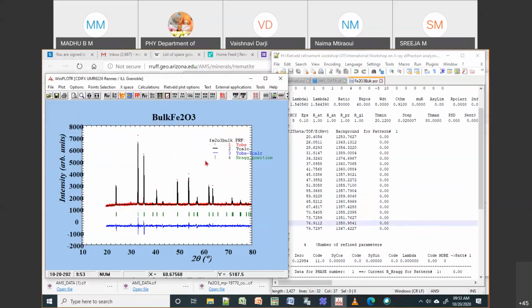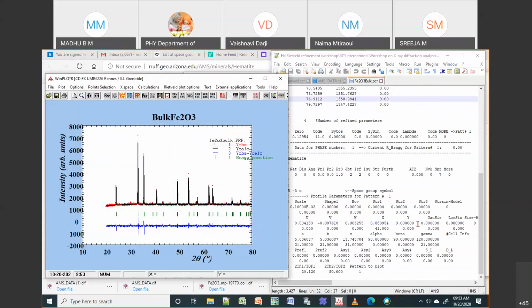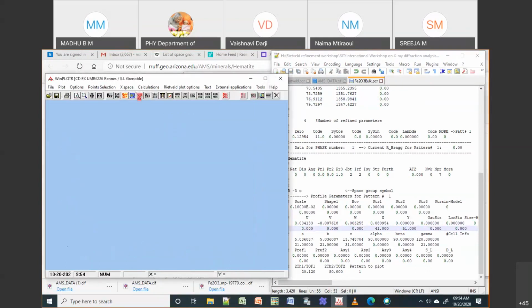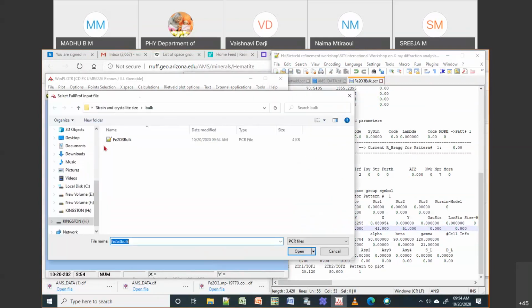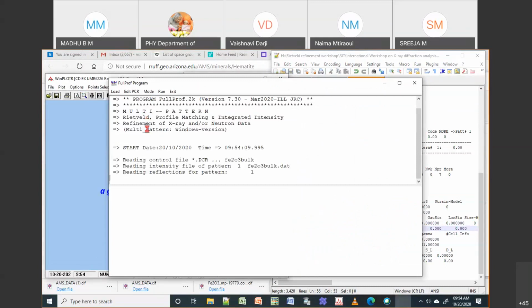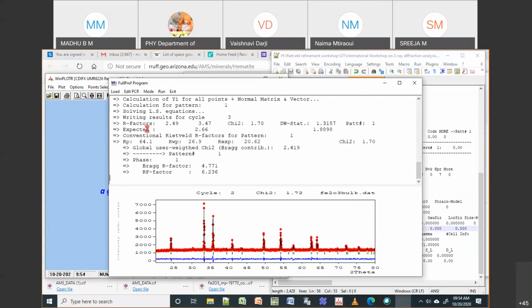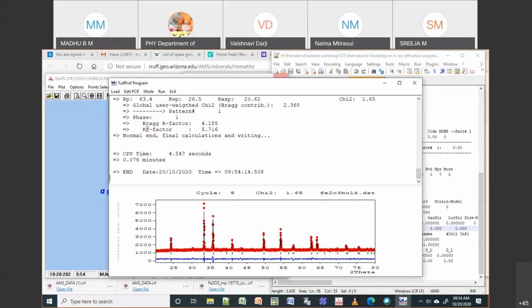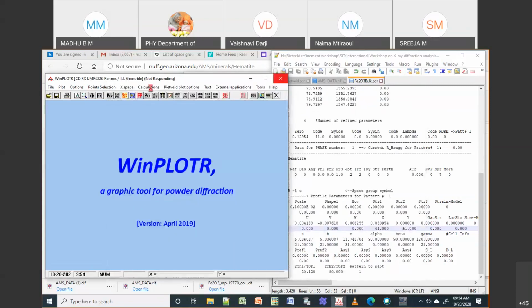Let us assume this is a good profile fit. Even though you can improve it a little bit, let me try to refine Y also, just in case I can improve. I want to get rid of some difference here. I think it's okay, it's not getting any better.